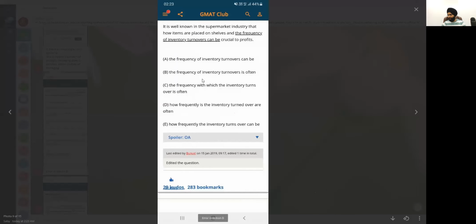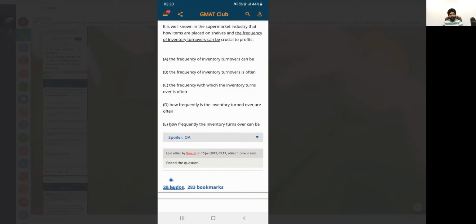Now, in the case of noun clauses, the subject always appears before the verb. When we are asking questions, the verb appears first, right? How do you feel, right? So "do" appears first. Now let's take this example. This is the correct option, option E. So here also, this is a noun clause.